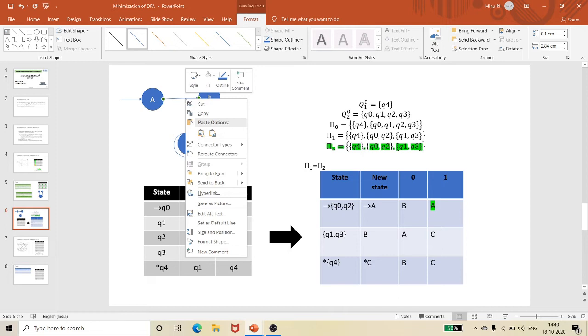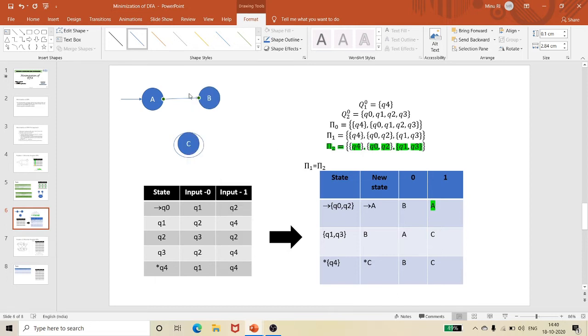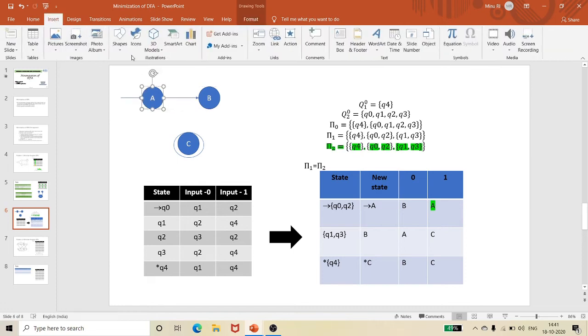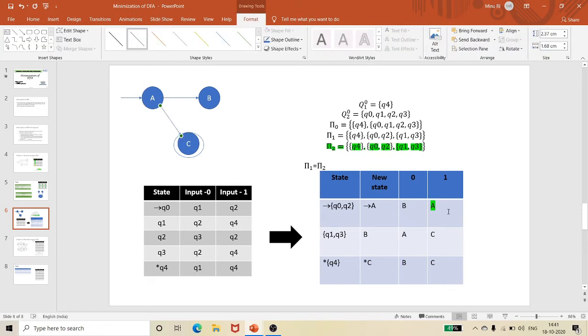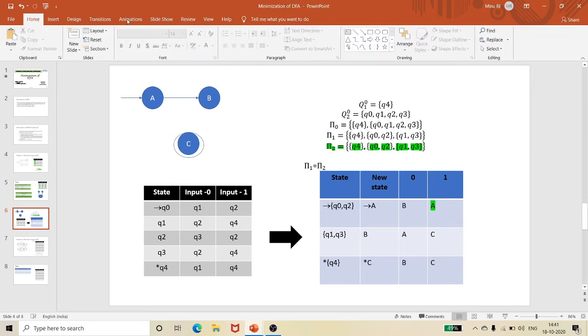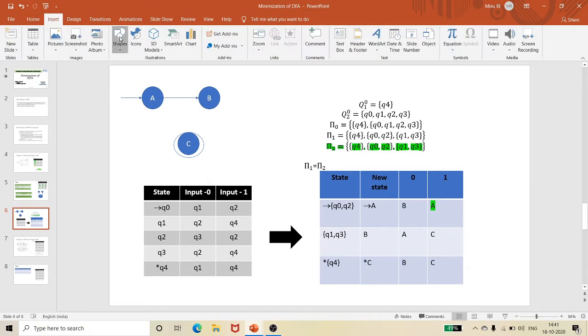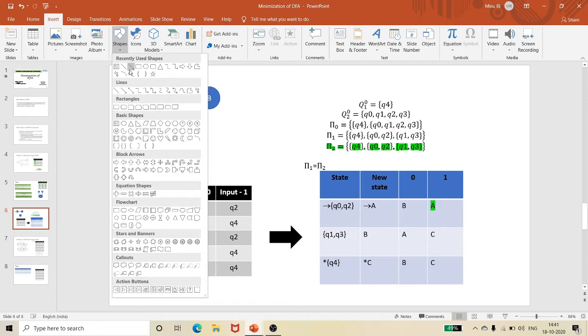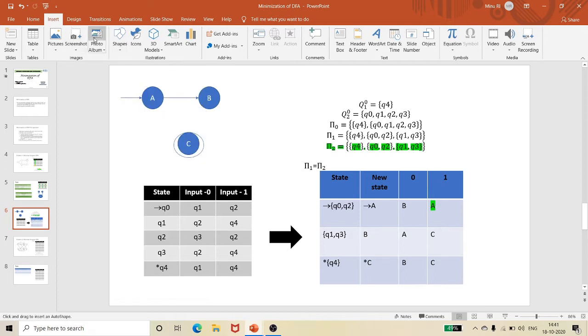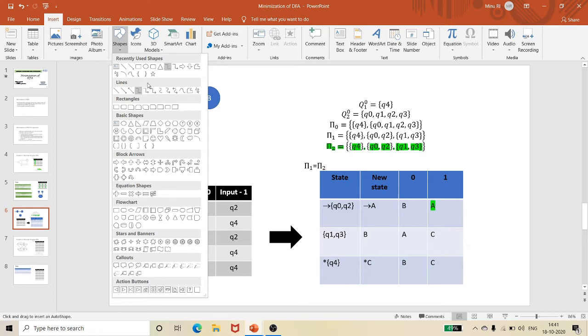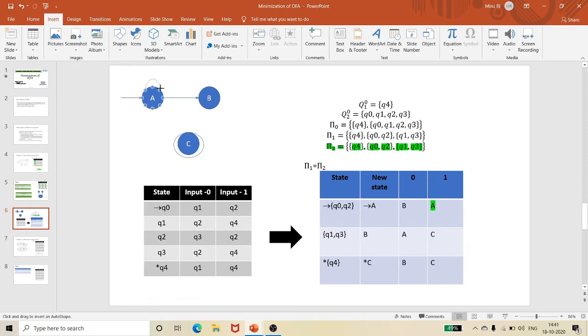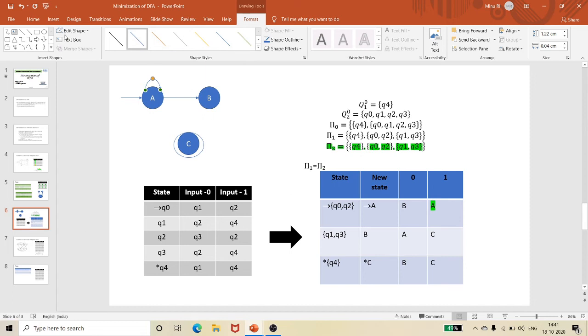When it is 1, it goes to A itself, so it is a loop. Let me write the numbers afterwards.